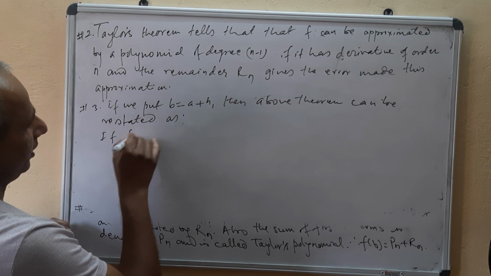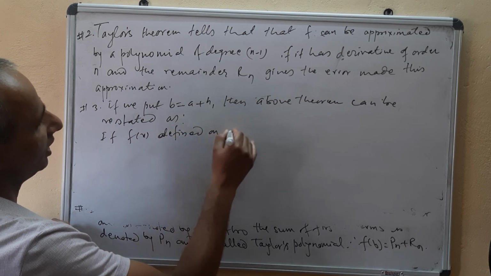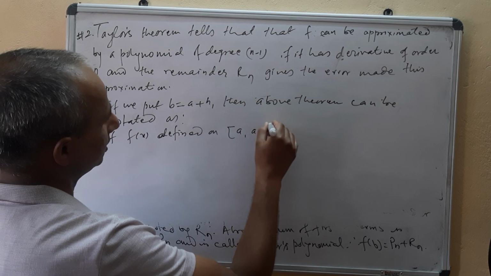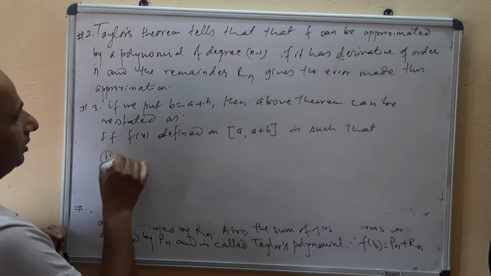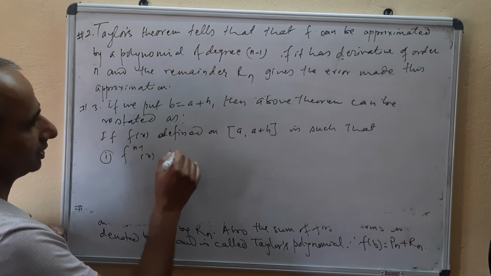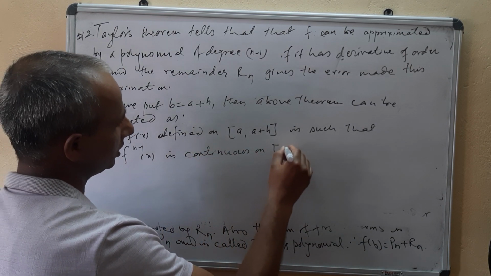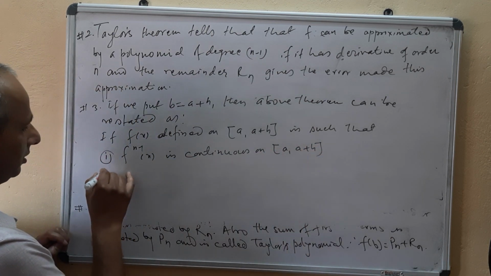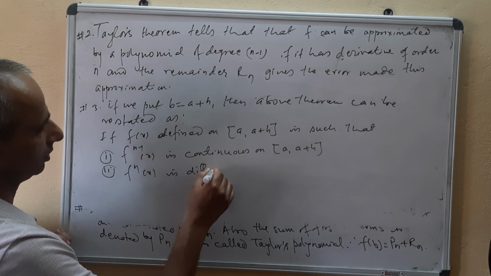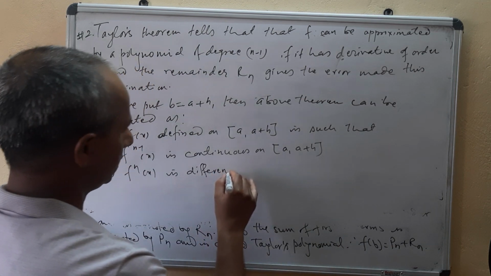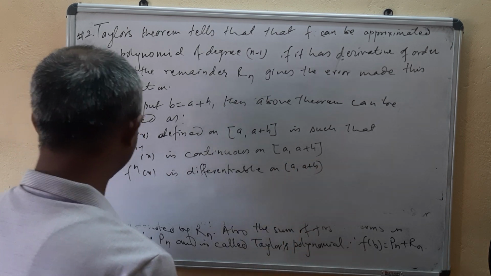If f of x defined on a to a plus h is such that number 1, f^(n-1)(x) is continuous on the closed interval a to a plus h, number 2, f^(n)(x) is differentiable on the open interval a to a plus h,